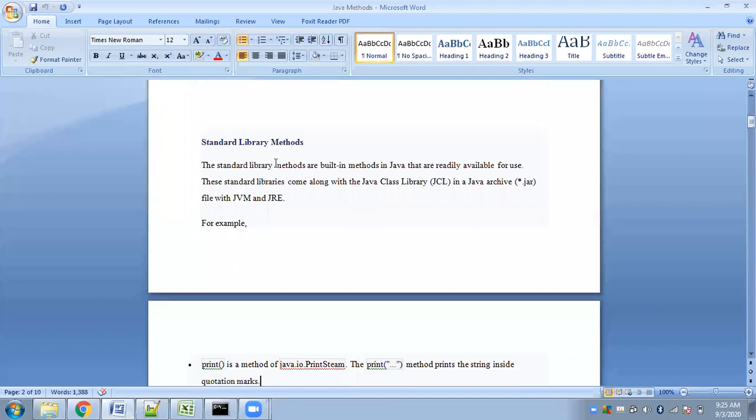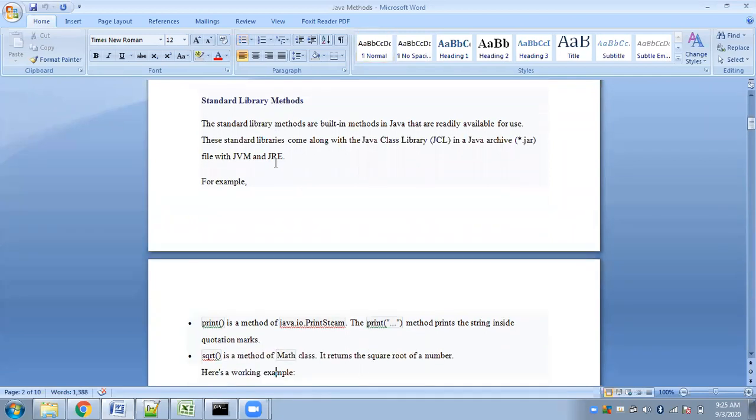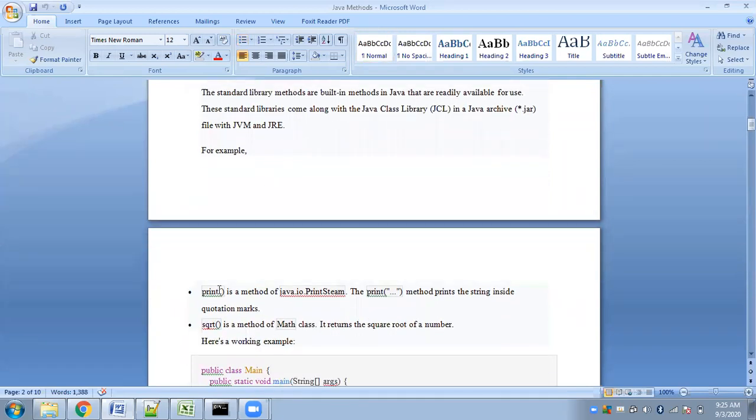These are all library methods which are already available for the user and can be easily used. Here I have mentioned another method, which is the square root method. It is a mathematical method from the class Math.